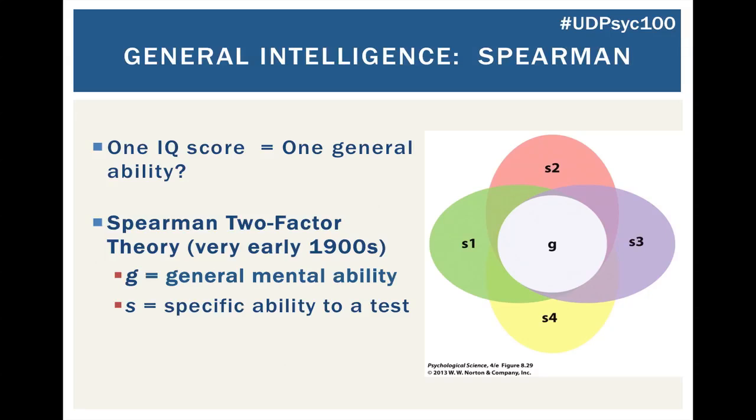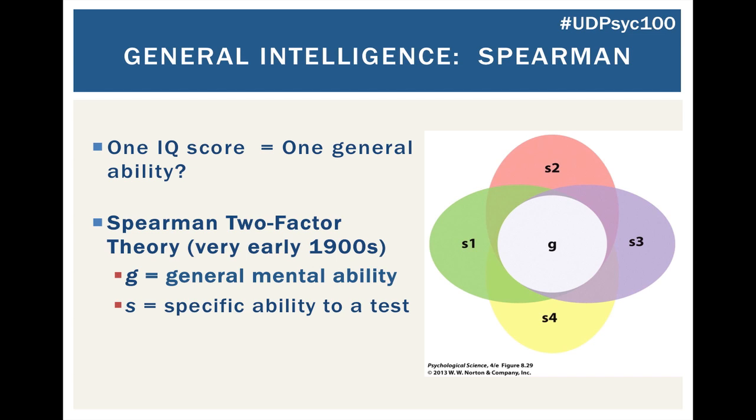Hi everyone. Where we're going to get started today with this short tutorial is just going over the different intelligence theories. So one of the first theories that we'll talk about is this idea of a general intelligence. We're tapping into that question of, is the fact that we have one IQ score doesn't mean that we have one general intelligence ability. So one of the theories that is most commonly discussed in terms of general intelligence is